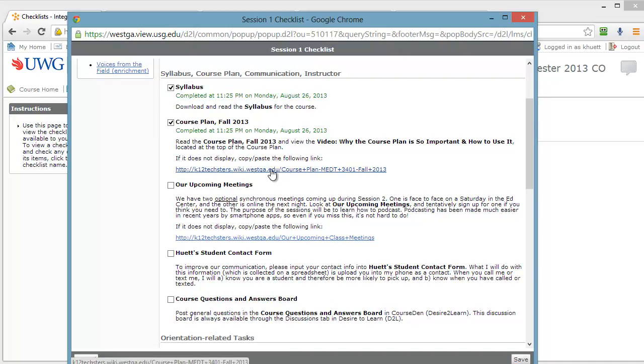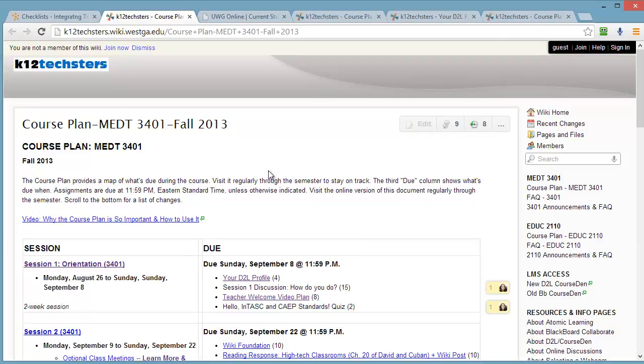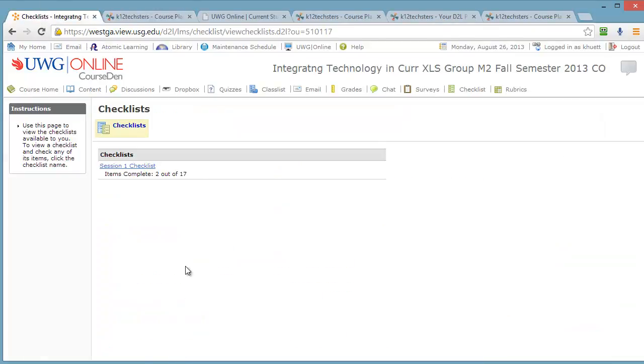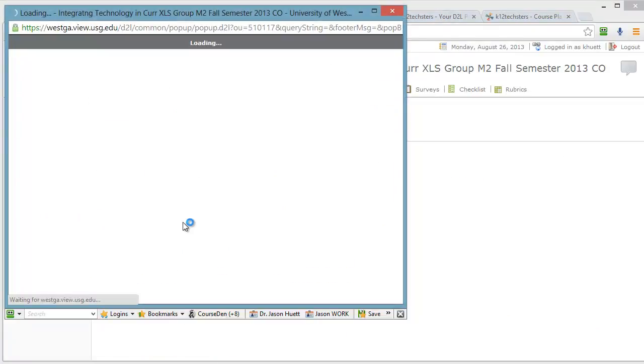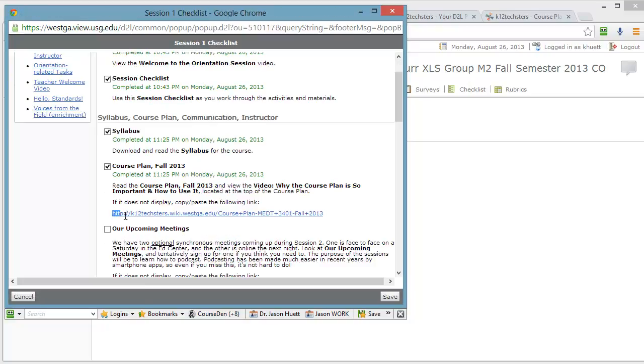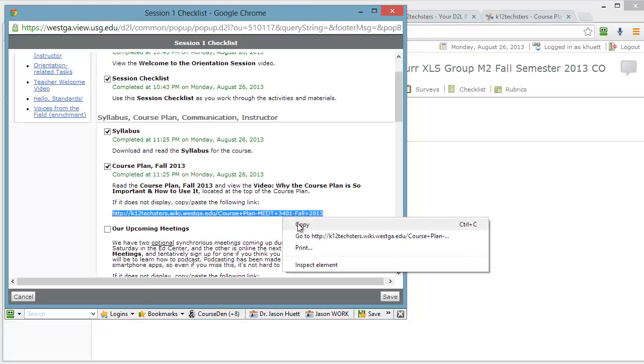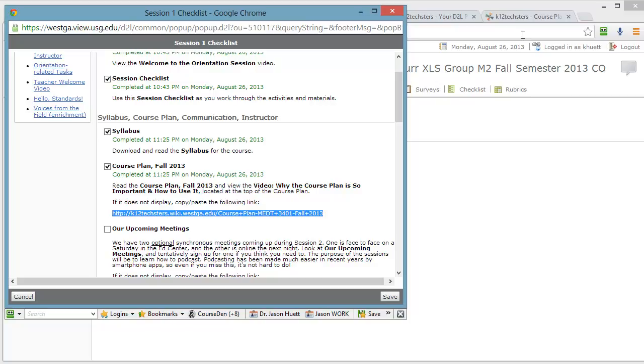You should be able to just left click it and it should open. But if that doesn't happen, you can highlight, copy, paste, and that will be your workaround in the short term until it gets fixed